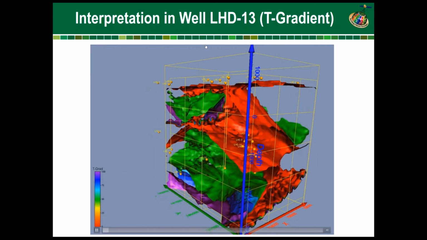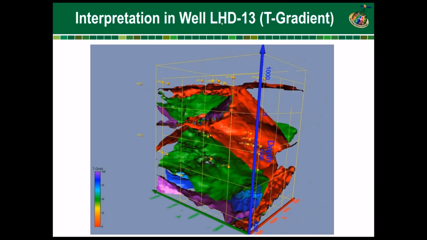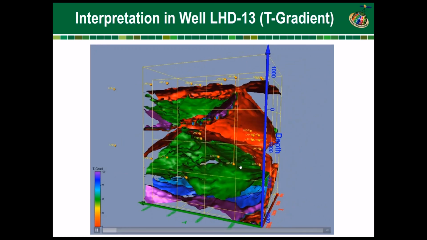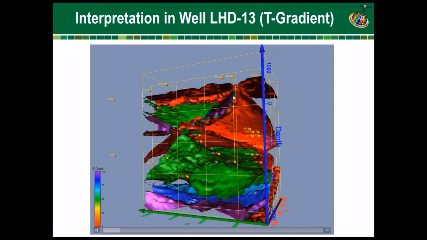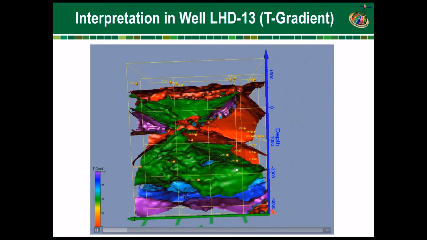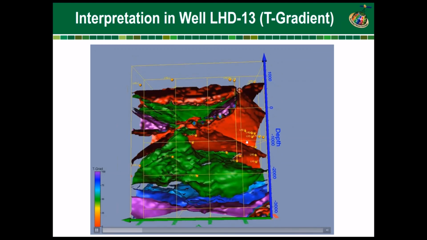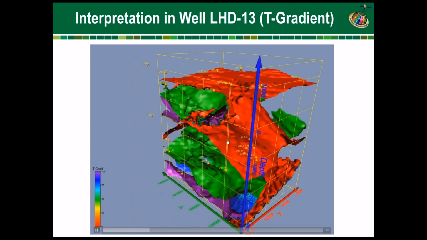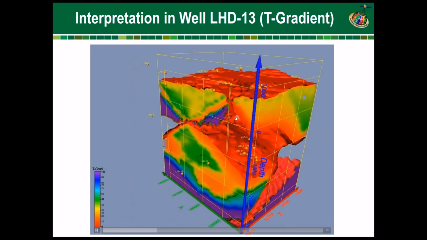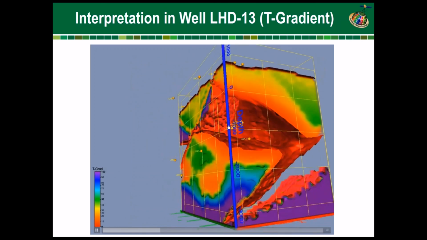Let's take a look at another well, which is LHD number 13. It's a straight hole, and it's a deep hole. It is one of many wells of its own cluster. Let's take a look at it. Within this 3D volume, you obviously identify right away that it penetrates an area that, according to our rules, is convective,